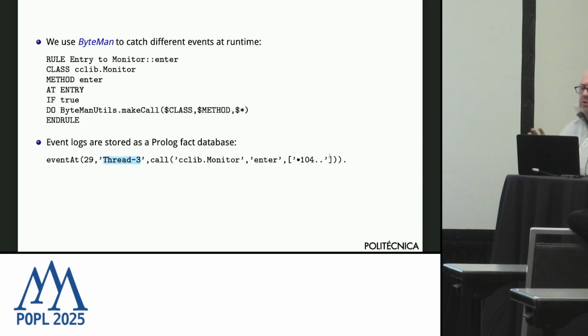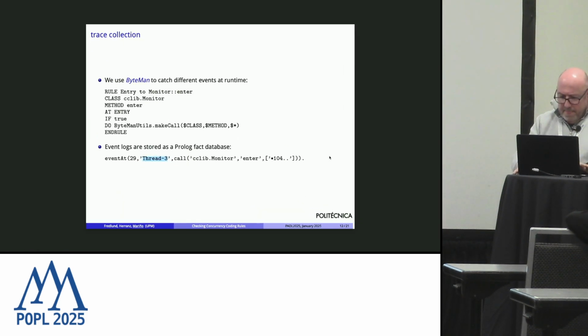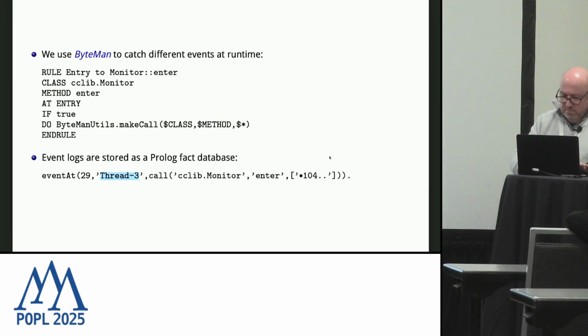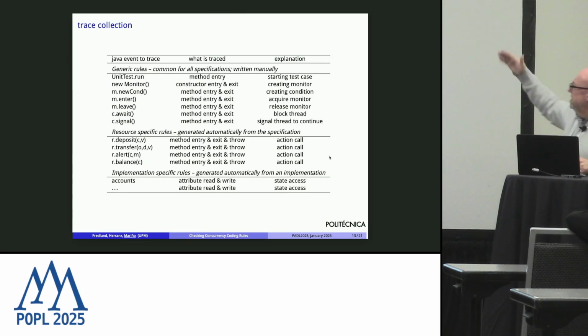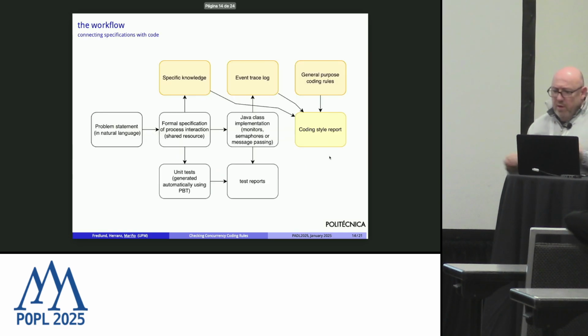So the first thing we do is to gather information on the execution of the code using this Byteman library, and create a very big event database stored in Prolog, right? So in the end, this is a lot of pieces of trace information that we capture, and you have the detail of this in the paper. Okay, so after we collect this information in the trace, which is a Prolog fact database